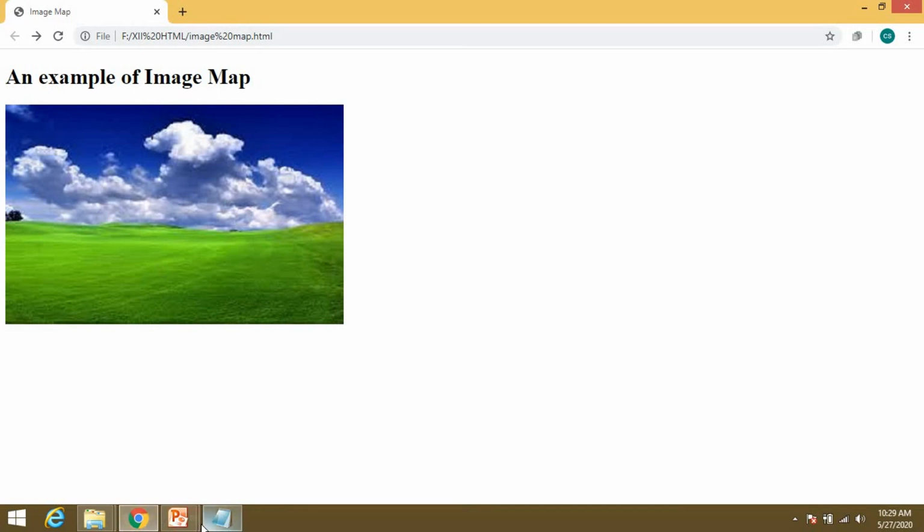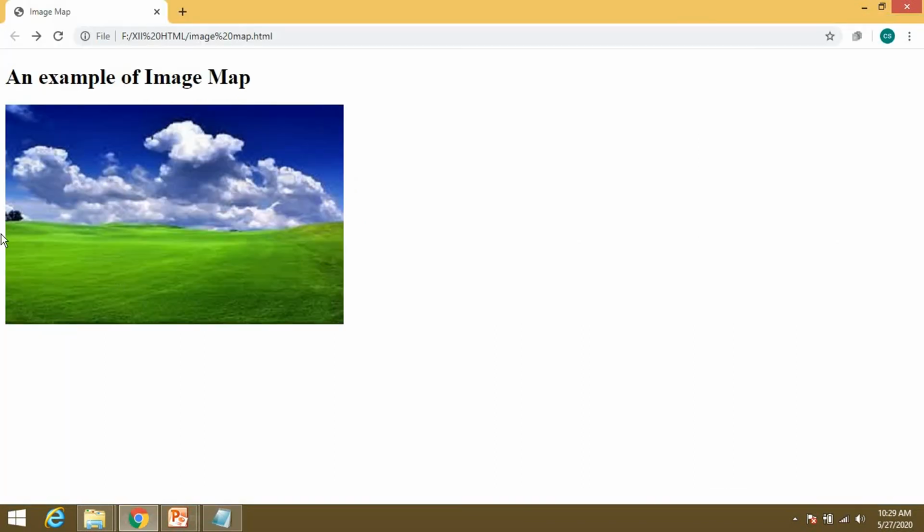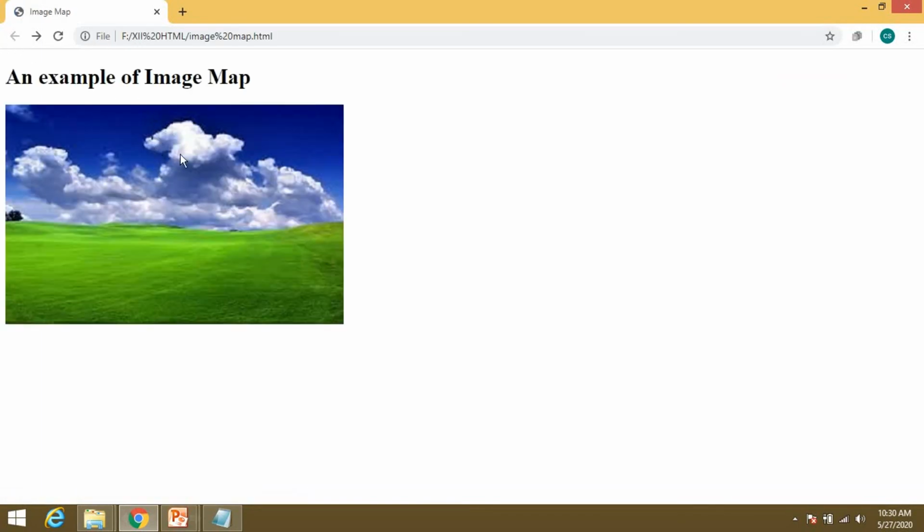Basically it depends on these coordinates 145, 187. Somewhere we have to find it, here, this one.